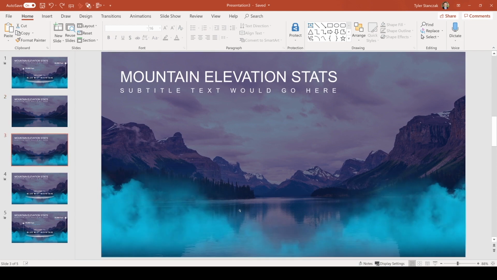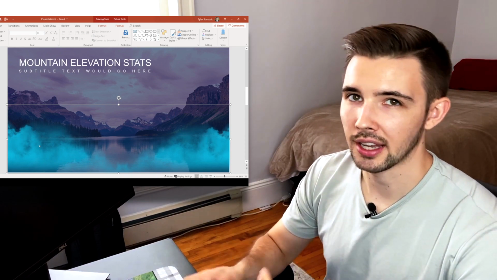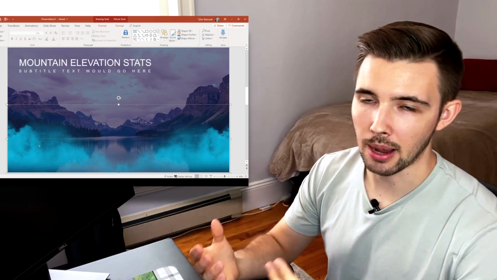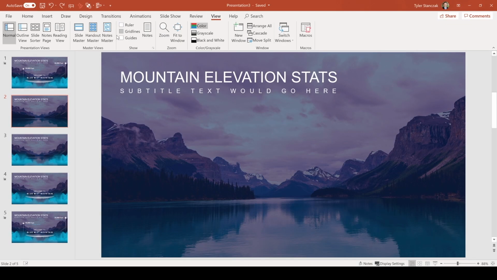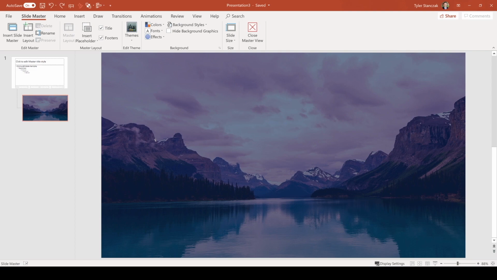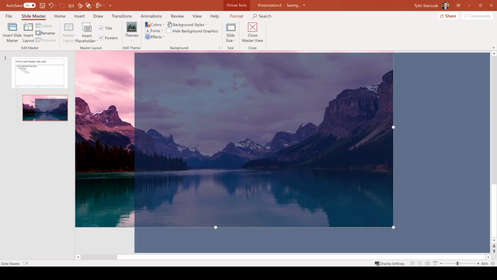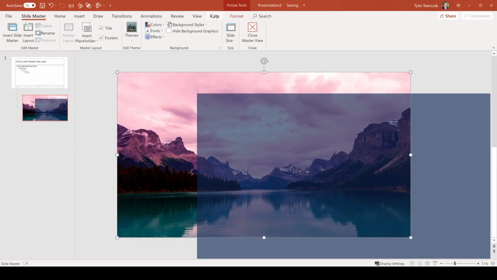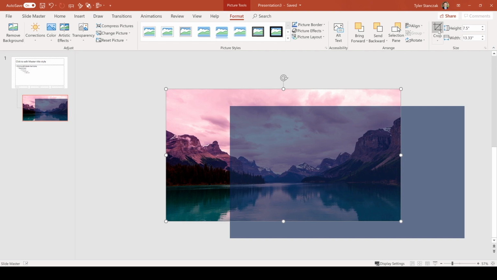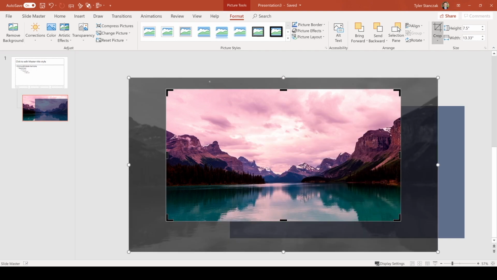Next what I have here is this blue mist, kind of foggy texture on top of the image. In order to get this background image that you see here in this presentation, all you have to do is go to unsplash.com, and they have a bunch of high resolution images that you can use for free. And where I added this was I went into the slide master, and then I added it right here and made sure to crop it. If you go here to format and then crop, you'll notice that the image is a lot bigger than the actual slide, so I had to crop it a little bit.